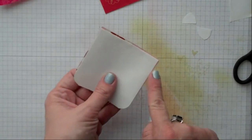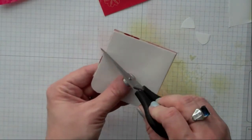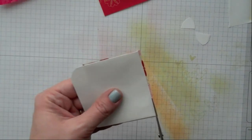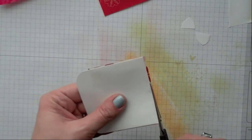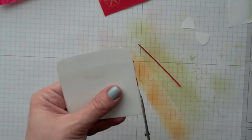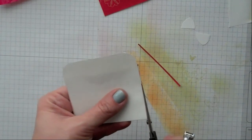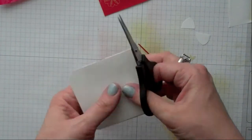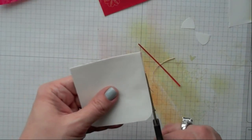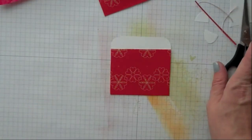Then when you flip it over, you can see I have a little bit of overhang. But you can see that my overhang is different sizes, because like I mentioned, the envelopes are not all the same. So very carefully, just trim off your extra. Make sure you don't accidentally cut into your envelope seam, because then you're going to end up cutting a hole in your envelope. You don't want to do that. Okay. Next step